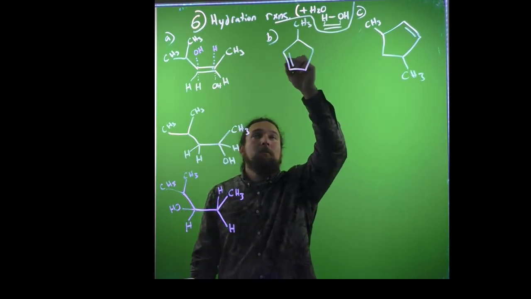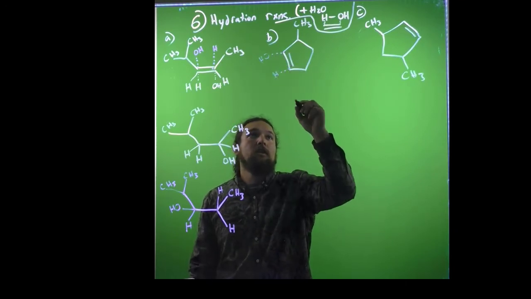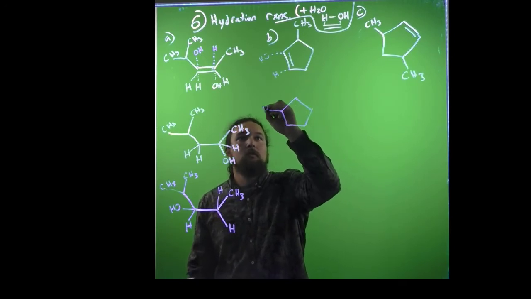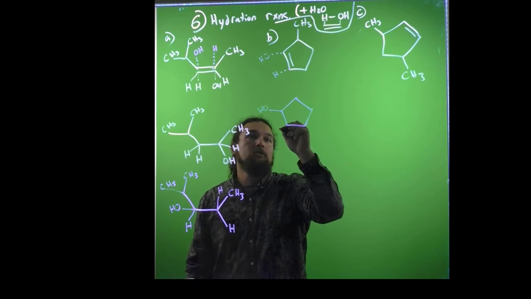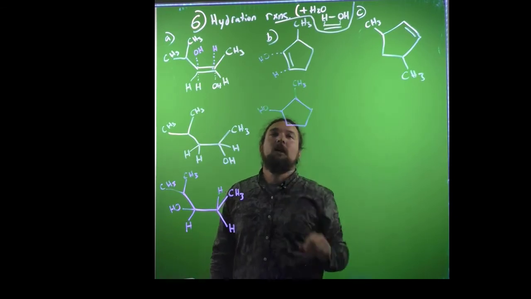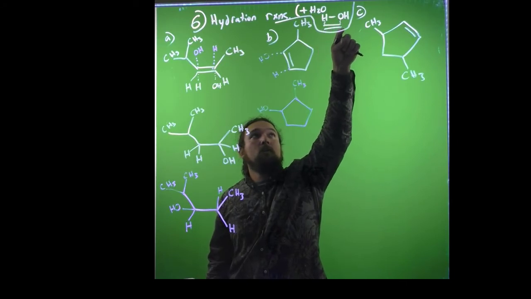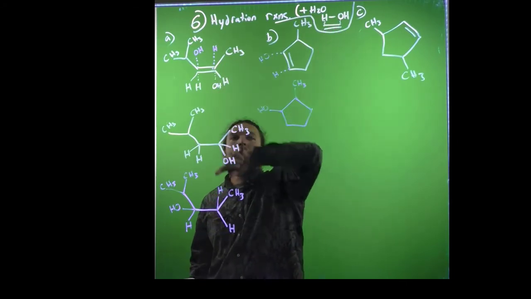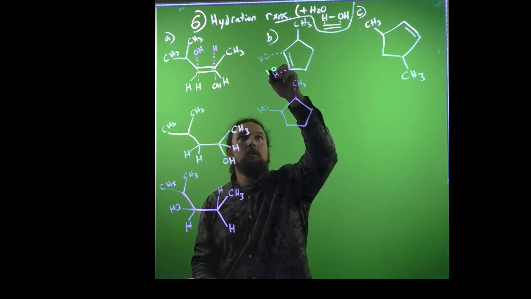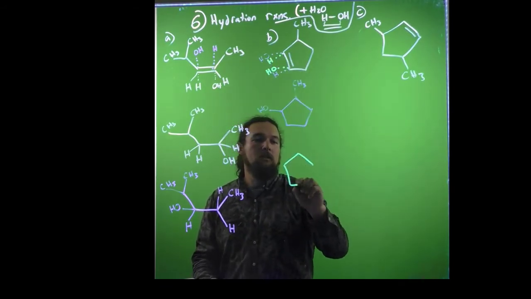On this one, once again, we're going to be able to add the OH to one side and the H to the other, in which case we would get this product right here. And we can draw the hydrogen on there, but we don't need to draw every hydrogen, so I'm going to leave it off. Just for your information, we add the H to one side of the double bond, we add the OH to the other, and we get rid of the double bond. Notice how the double bond is gone. So then our other option would be to add it where the OH goes over here and the H goes over there, in which case we get